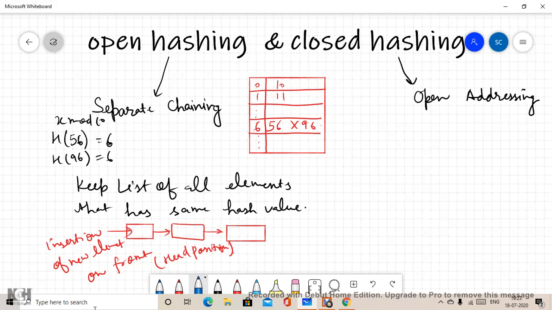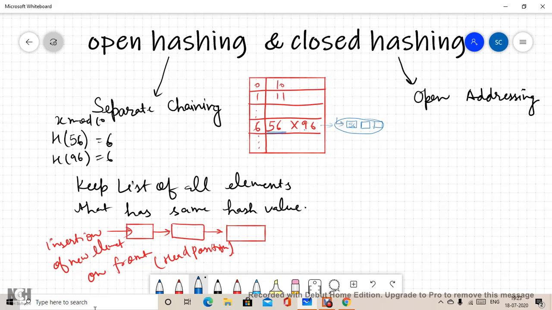What I'm trying to say is, we have already stored 56 in the table. Now when we come across another element having the same hash value, we will manage a separate bucket for index 6, and that contains the linked list. Earlier my first element was 56, pointing to the array.